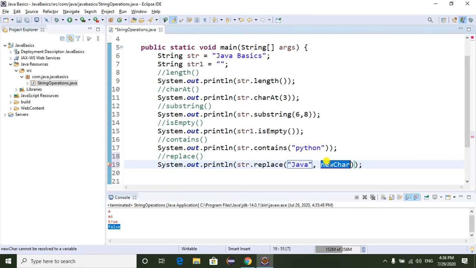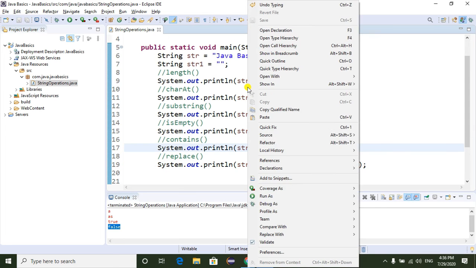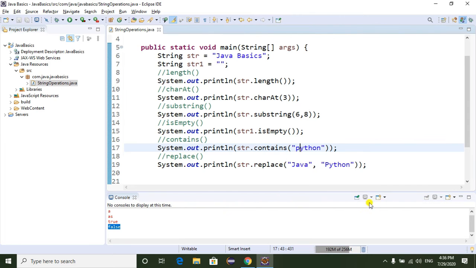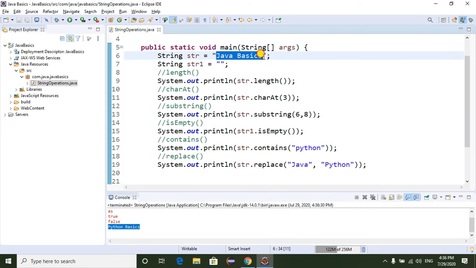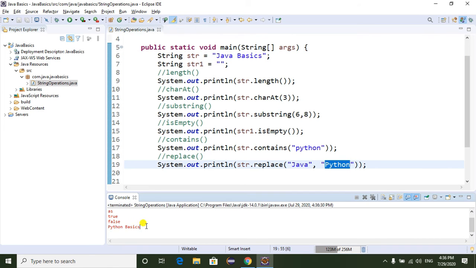I want to replace this Java with Python. So I am going to run the program, run as Java application. If you observe here, Python basics. Basically, our string contains Java basics, but I am replacing Java with Python. That's why it is displaying Python basics.